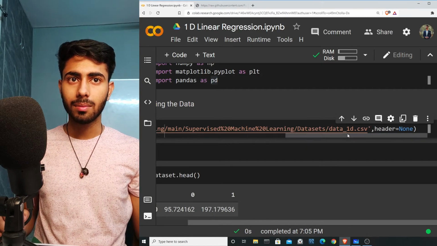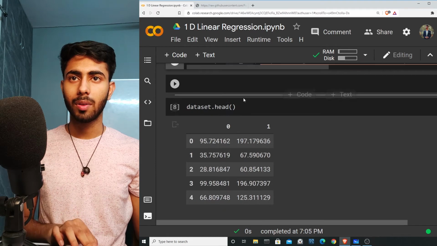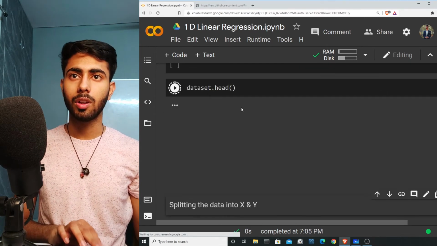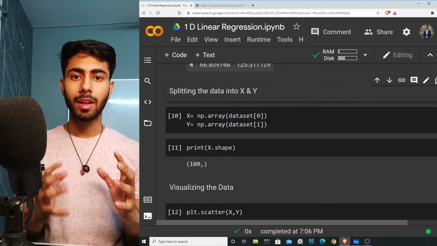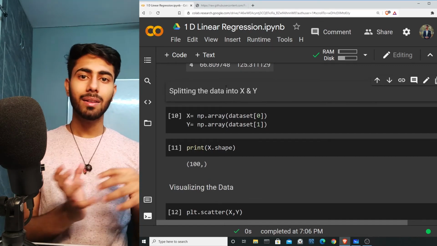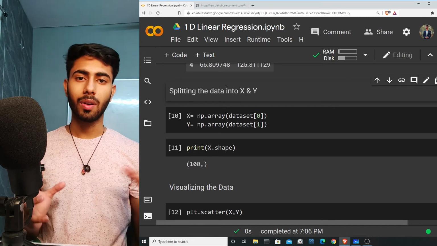And after that, you can check whether you have imported the data successfully or not by using dataset.head. Now you have to split the data into your independent and dependent variable. It means that you have to split your data into x and y.